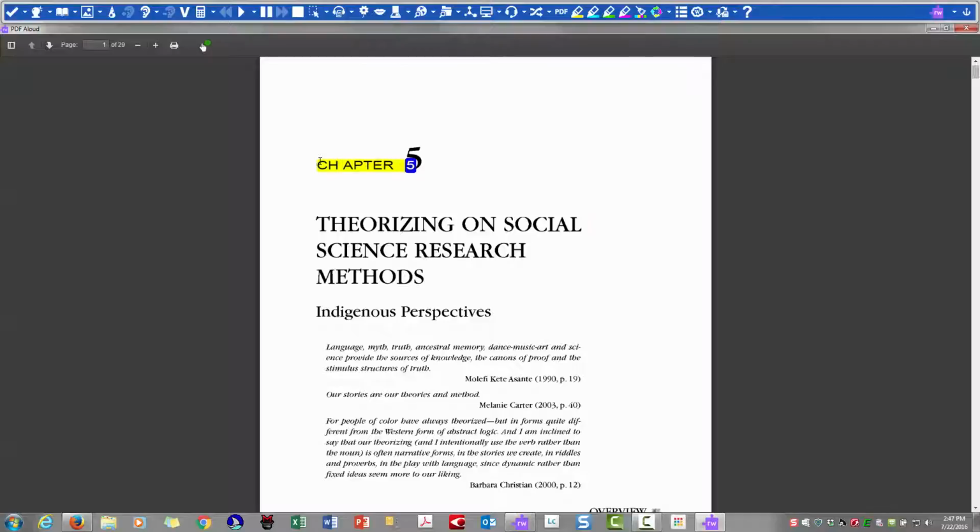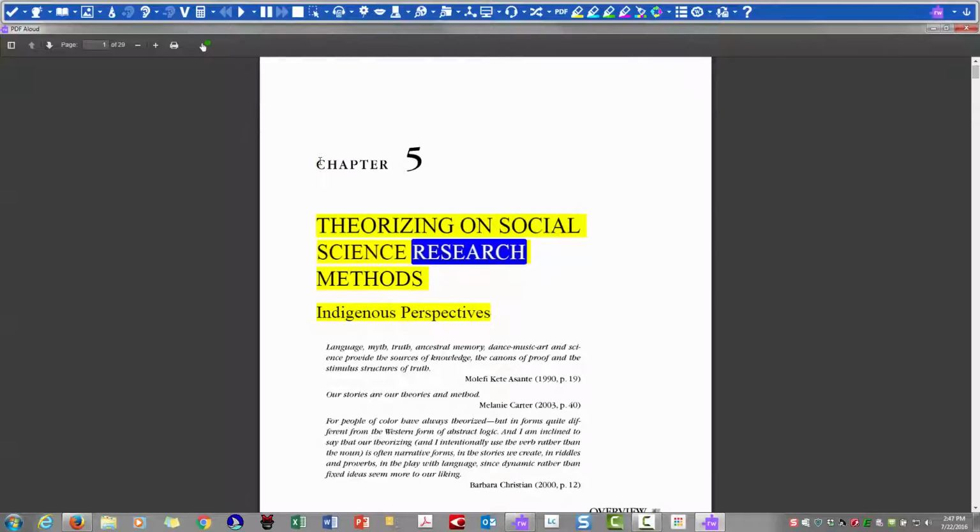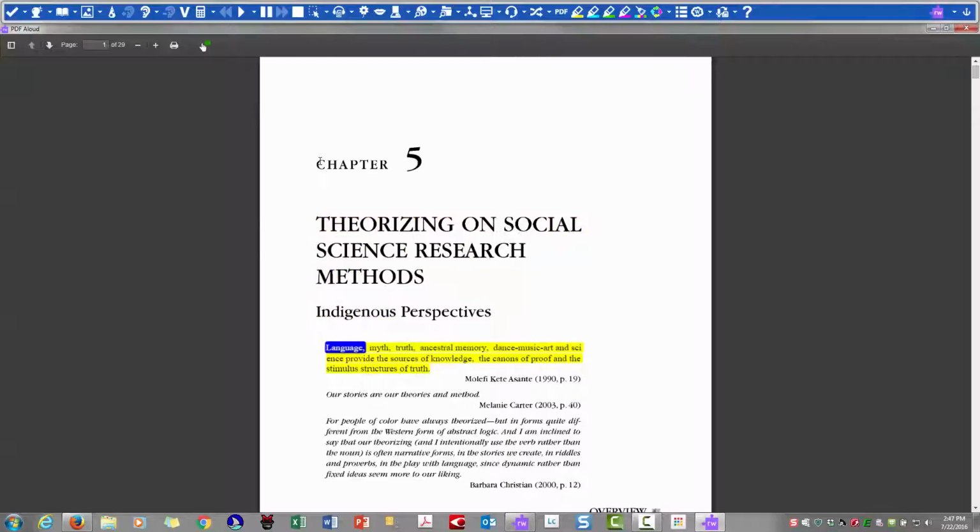Chapter 5, Theorizing on Social Science Research Methods, Indigenous Perspectives. Language, Myth, Truth, Ancestral Memory, Dance, Music, Art and Science provide the sources of knowledge, the canons of proof and the stimulus structures of truth. Malifi Santi 1990, p. 19. Our story for people of color have always theorized, but in forms quite different from the Western form of abstract logic, and I am inclined to say that our theorizing, and I intentionally use